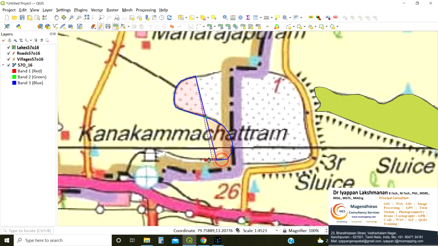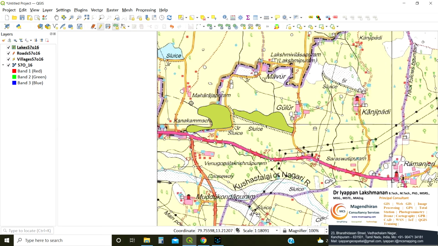So this lake may be hidden by something, like that. Like this you can capture them one by one.